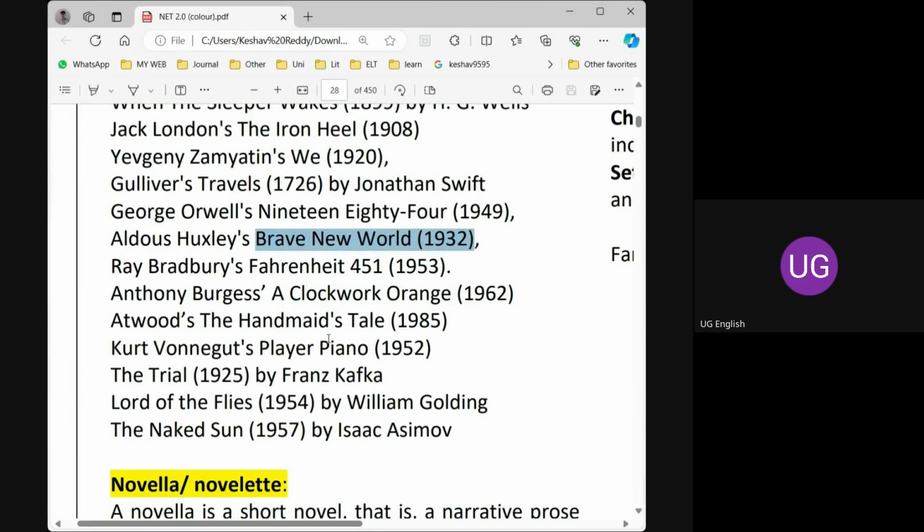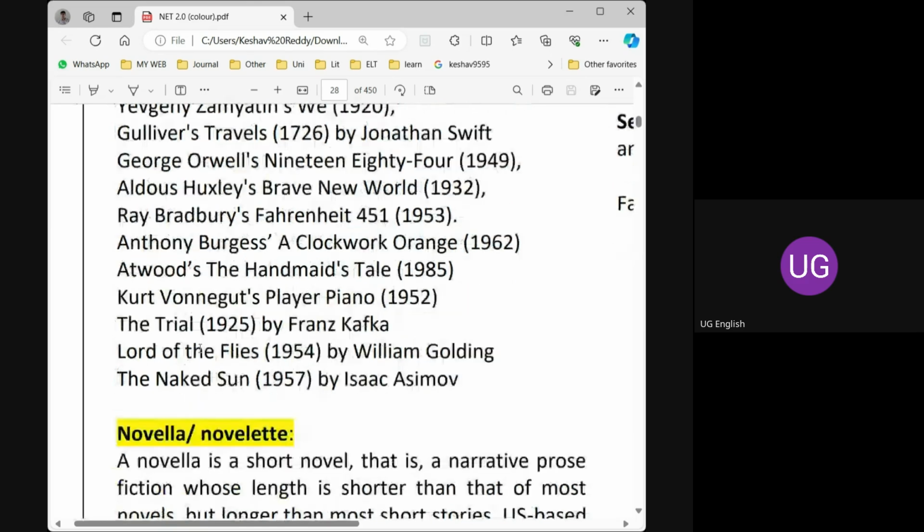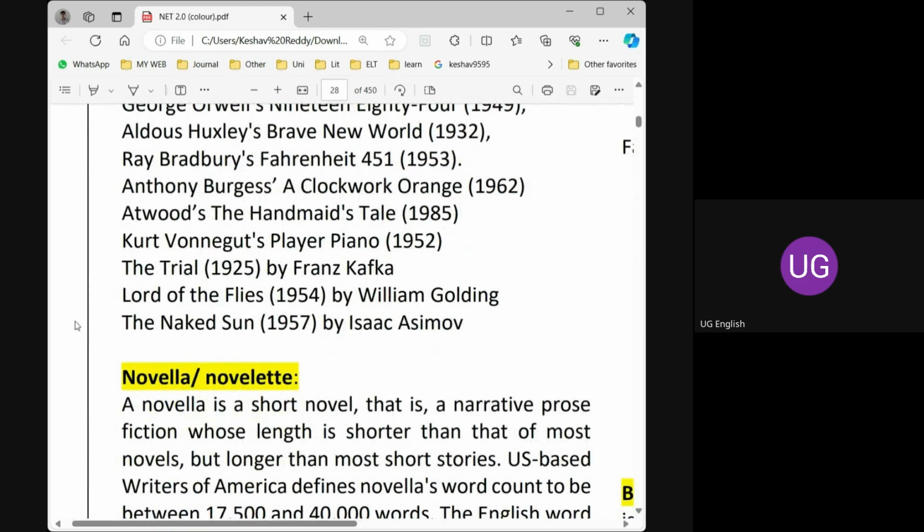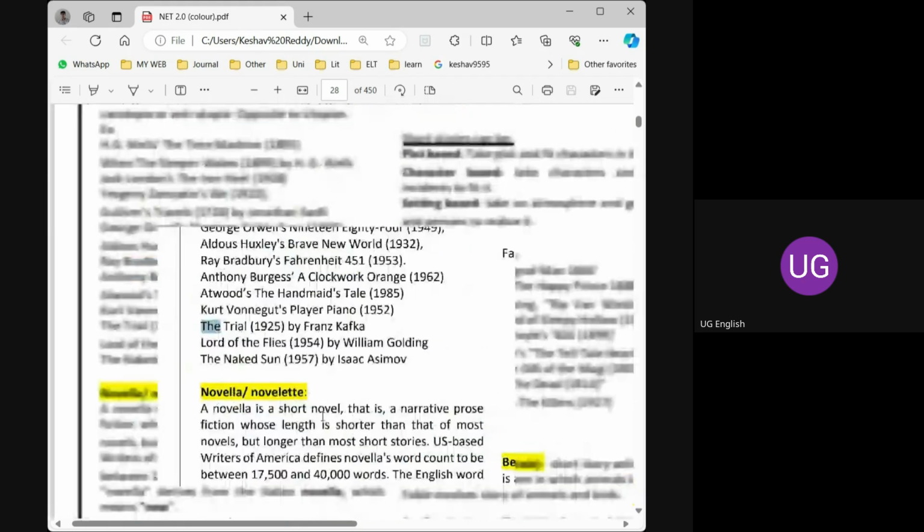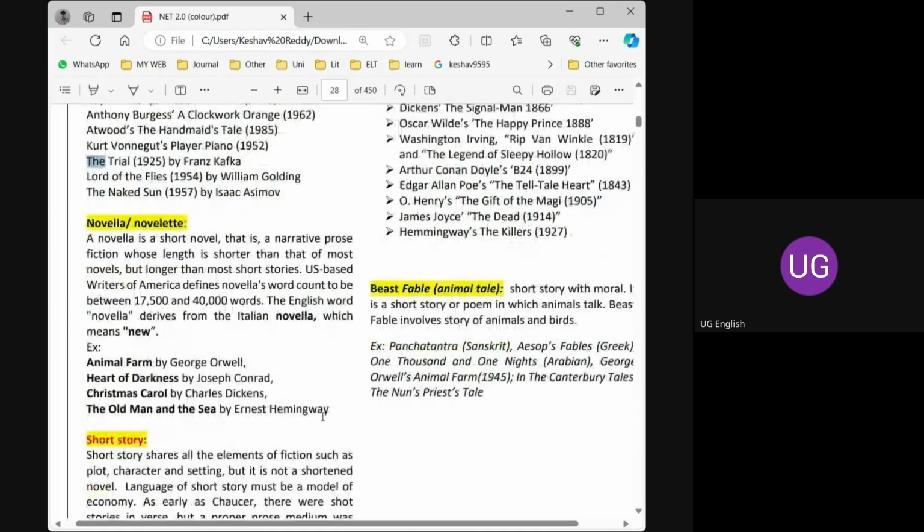without any manual involvement. A very funny and very interesting novel by Aldous Huxley, and this is a dystopian work. All these are very important. The Trial by Franz Kafka, it's a dystopian work. So all these are very important, and we have a few more terms, and I will close the